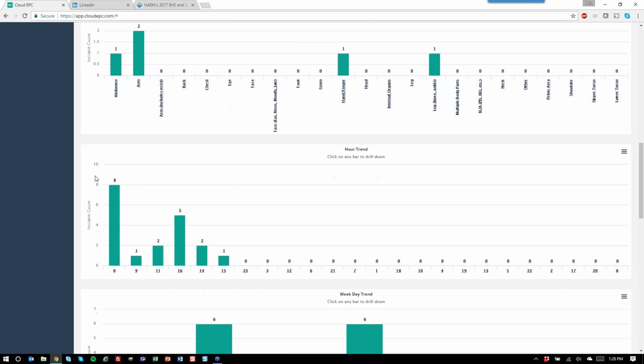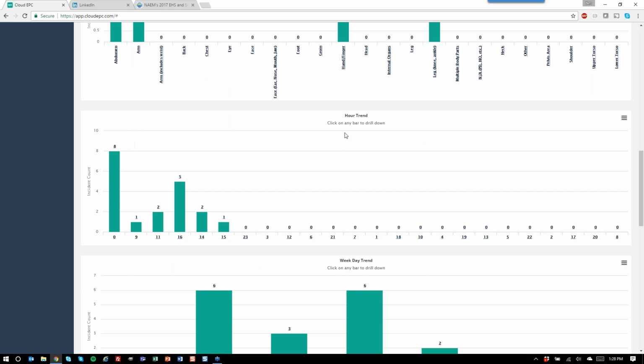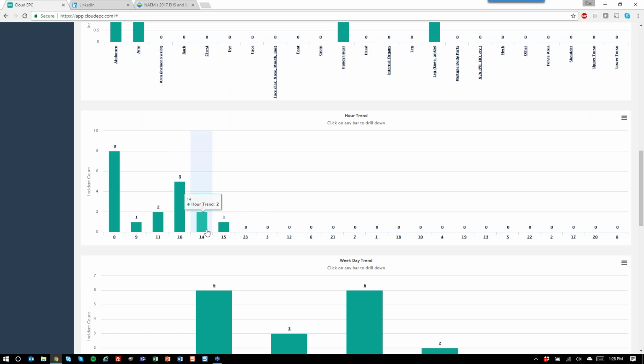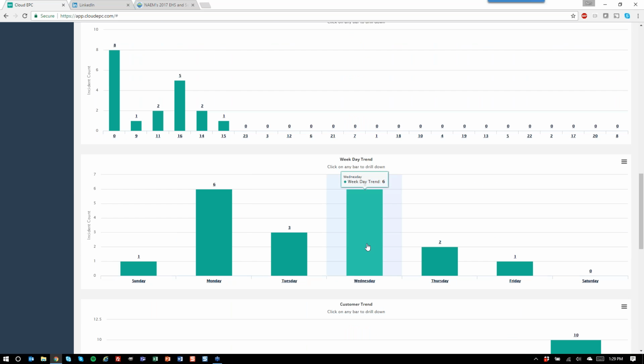You start digging down into things like what time of the day. So, okay, well, our electricians are having hand injuries, and most of them are happening at 12 o'clock or 1 o'clock right before lunch, or they're happening at 4:30 right before quitting time. And then lastly, you can see day of the week as well. So you can start saying, well, why is it on Friday, right before quitting time, our electricians are having such an issue with injuries on their hands?